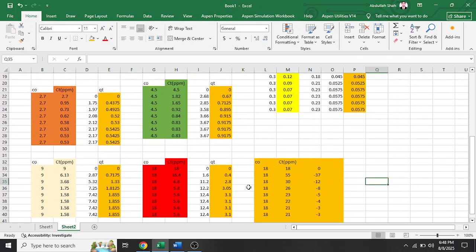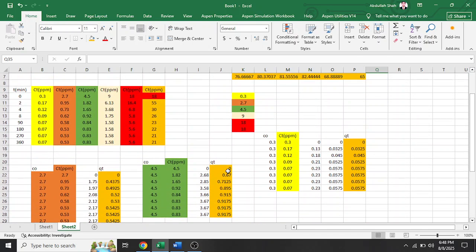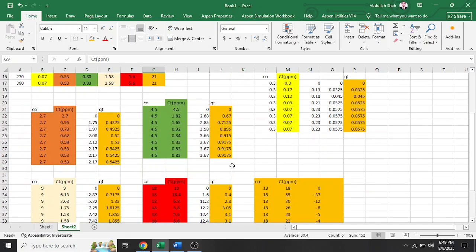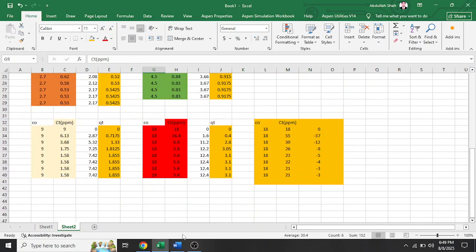It is because in this experiment the C naught value should be higher. So it should be 100 or 200, and these should be CUT, because CUT is smaller than C naught. So this value can be higher. So there is some error in this experiment, so we will ignore this experiment. Okay. Now